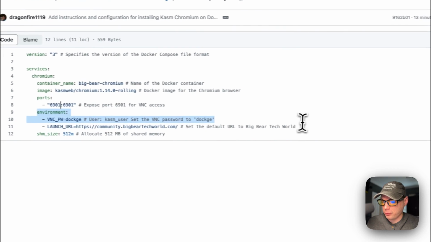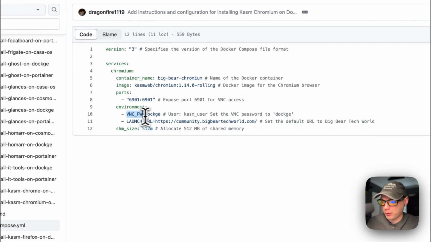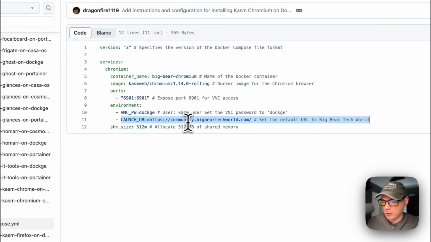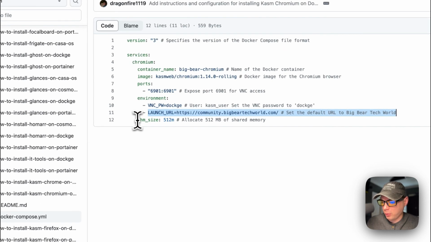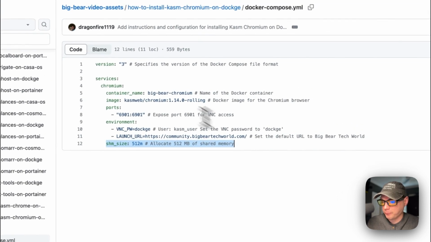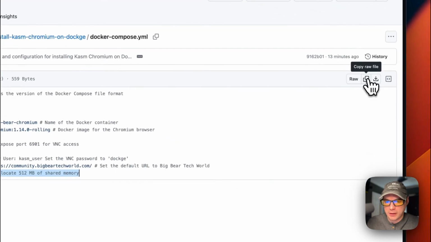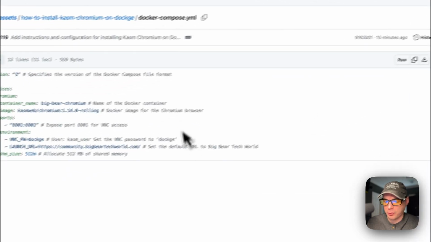The environment variables are set down here. The password to get into the UI is Dockge. The username is Kasm_user. The launch URL is going to be community.bigbeartechworld.com, and if you haven't already, join that. It's our community that we made. The allocated shared memory size is 512 megabytes down here. I'm going to go ahead and copy the raw file, and then I'm going to go over to my Dockge